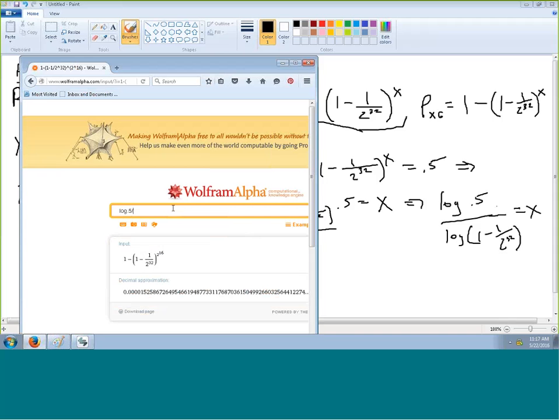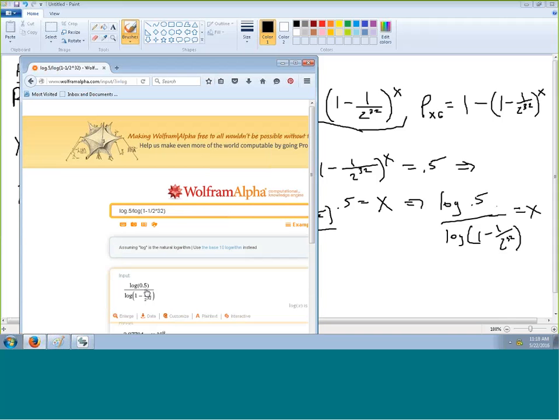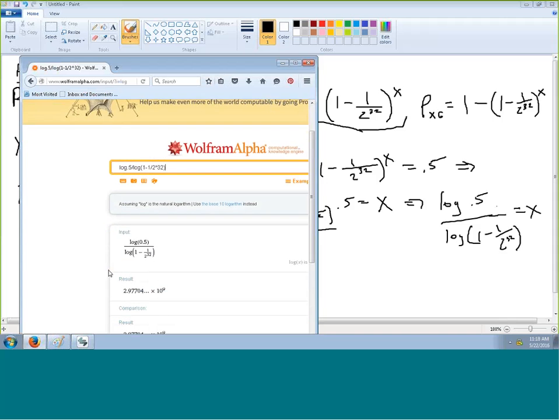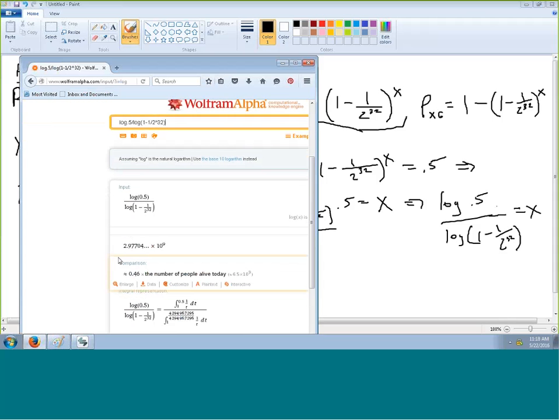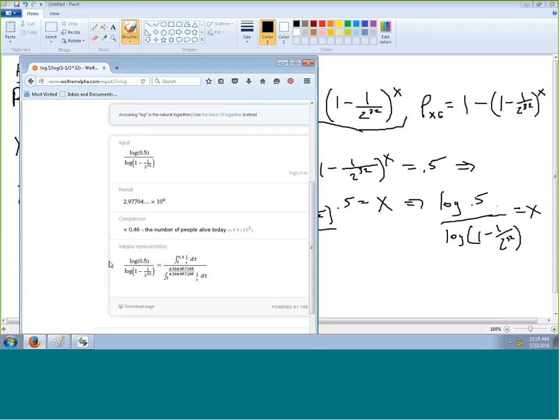log. Mathematica is pretty good at parsing this and knowing what I mean when I'm telling it. I don't know Mathematica. I don't know the exact syntax here, but it will probably guess correctly. If not, I'll readjust. Yep, there we go. How about that? Log 0.5 over log 1 minus 1 over 2 to the 32nd. The answer is, let's see here. Okay, so 2.97704, that's going to be